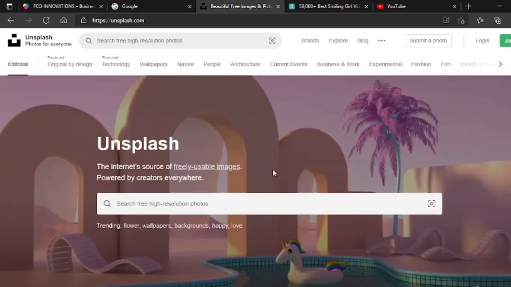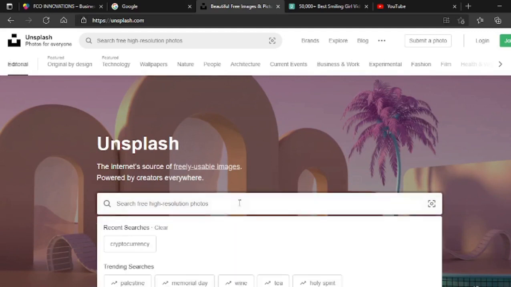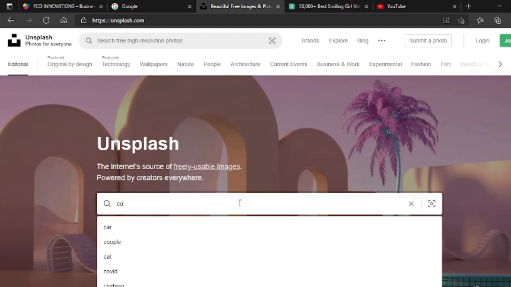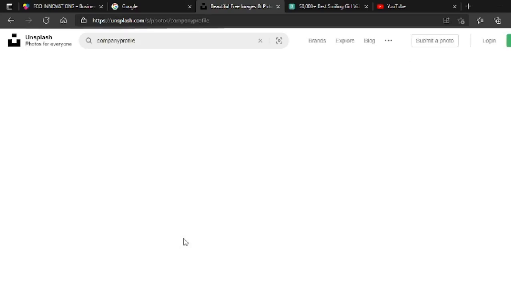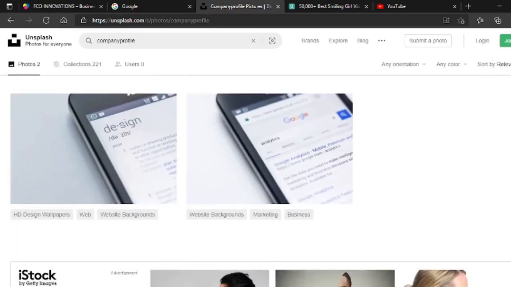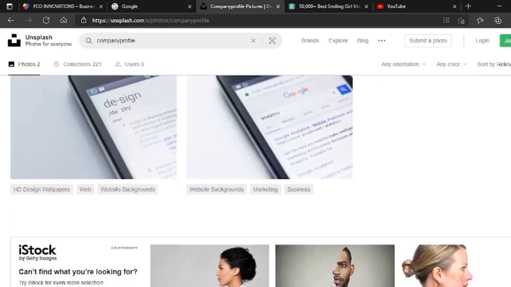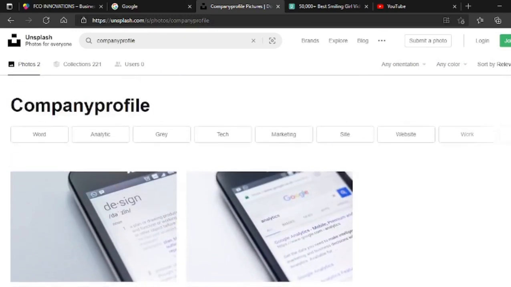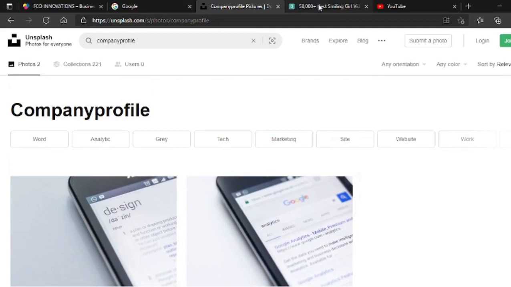For example, if I want to design maybe a company website, I can just type maybe company profile, anything at all. So Unsplash is a very powerful tool that I recommend, and we're also going to use it to run this particular program.